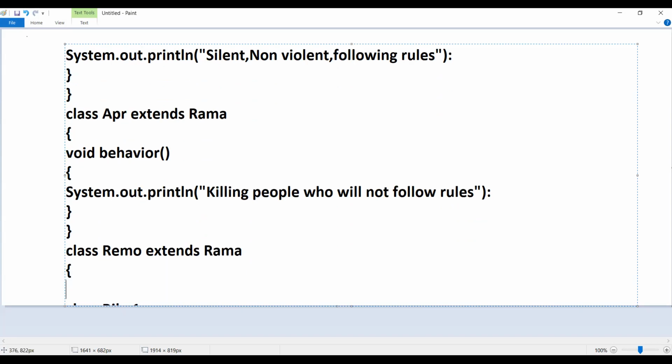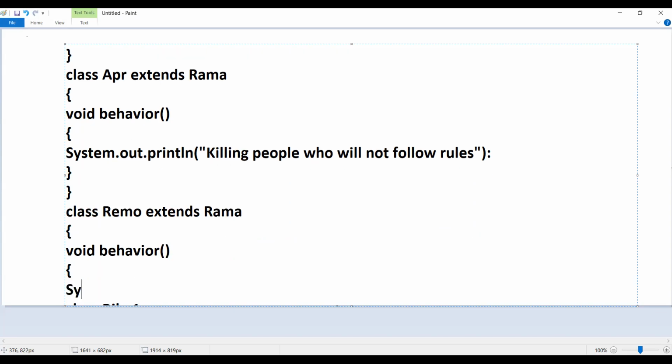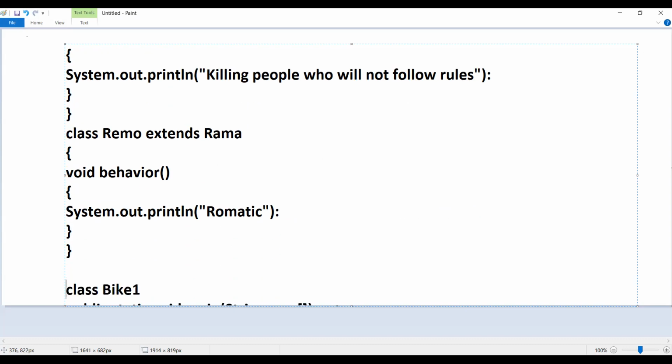And here I have one more function called behavior. What is the behavior of Remo? As I have said, he used to have romantic behavior. System.out.println, what is the behavior? It is romantic. I'll be closing the class demo over here.